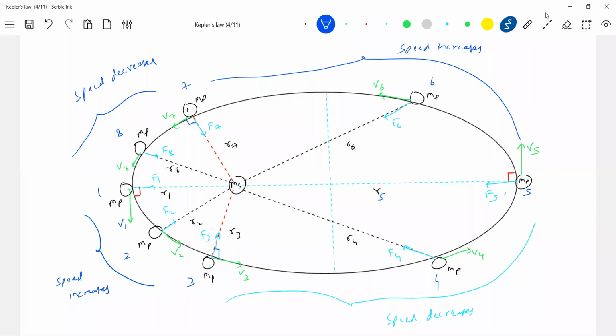What do you mean by conservation of mechanical energy? I'm saying that as gravitational force is a conservative force, I can conserve mechanical energy. Mechanical energy is what here? Interaction potential energy between the sun and the planet, and also the kinetic energy of the planet, because the sun is fixed here.